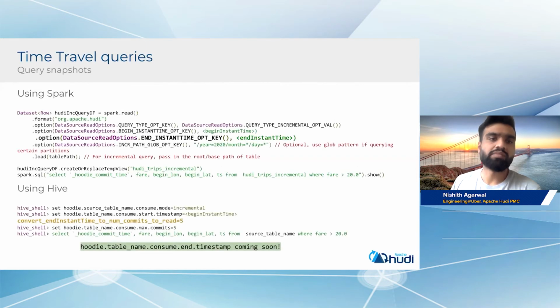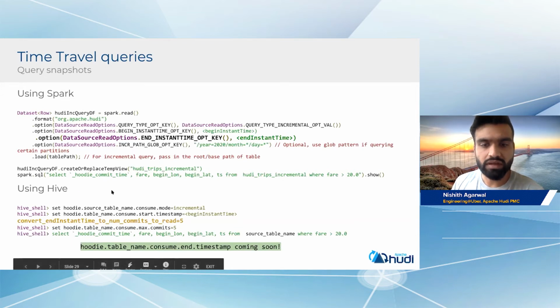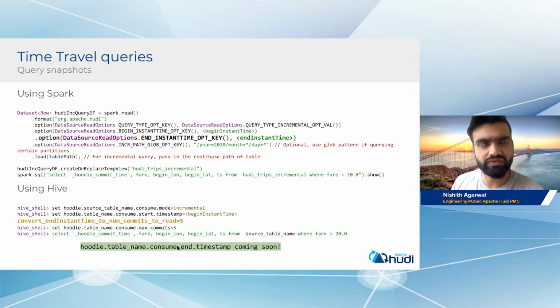And you can always do time travel queries with this. If you can consume incremental events that happened after a particular time, you can say, tell me the state of the table at the end of this time. And then you can keep time traveling back between different snapshots of this table. This is very popularly used in use cases such as machine learning, where you want to know what state of the data you actually built the model for. You can do it in different ways, in Spark and Hive. And in Hive, the end timestamp is now implemented, so it should be available as of a couple of days ago, I think.